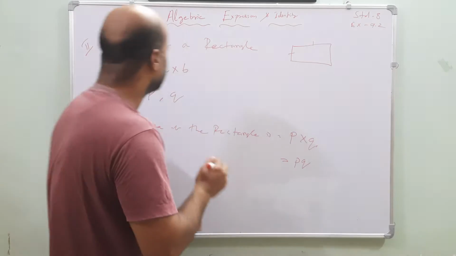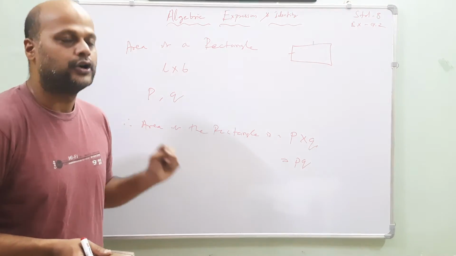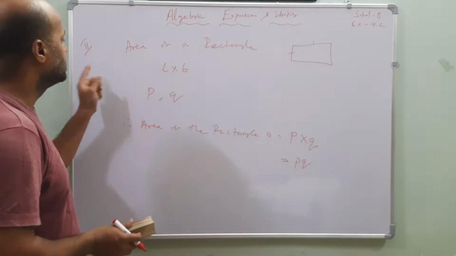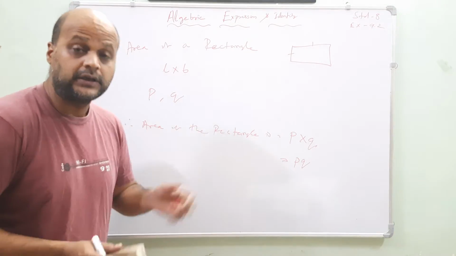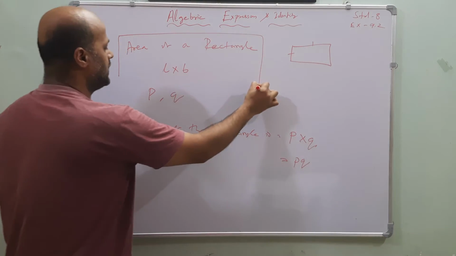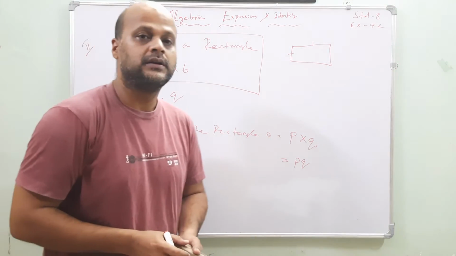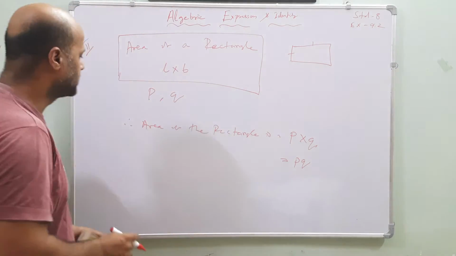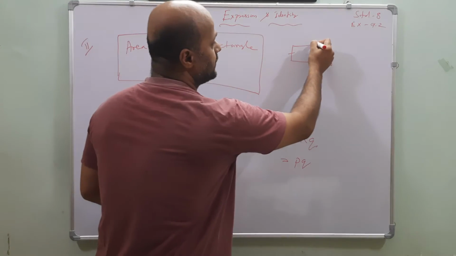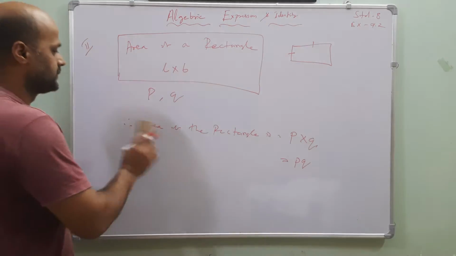Let's go to the second one. What is the second one saying? Shall I erase this one? Okay, my dear friends, in this second number it is very, very important that you know the area of the rectangle. The area of the rectangle is length into breadth. Which one is length? The bigger side is the length and the smaller one is the breadth.